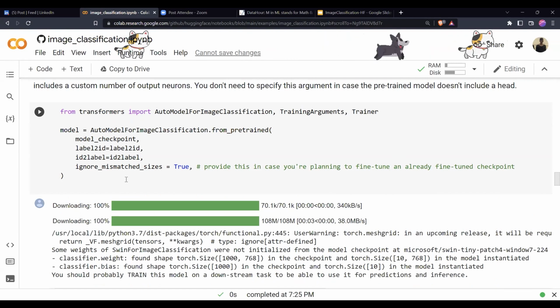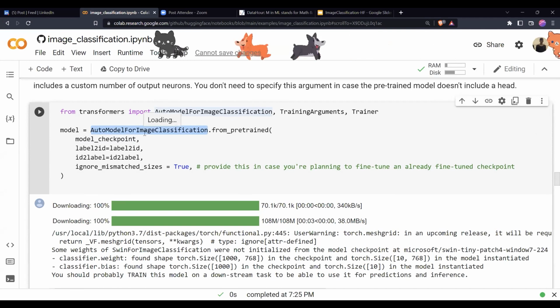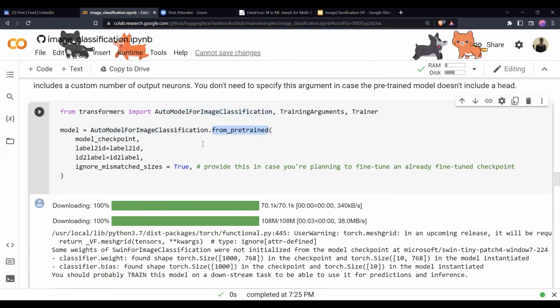Once you change your data set, it's more like data centric. It's not like model centric machine learning where you change the algorithms again and again, but it's more like data centric machine learning where the model remains the same, but you change the data set as you need, making sure that your model accuracy increases. Then here we also have another abstraction. I use magic for abstraction because you don't need to know anything about the model, but you just call AutoModelForImageClassification from_pretrained, and it loads the pre-trained model for you directly.